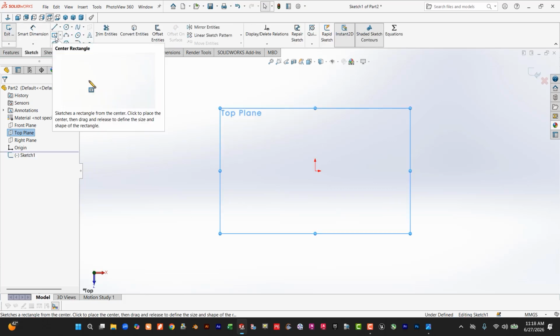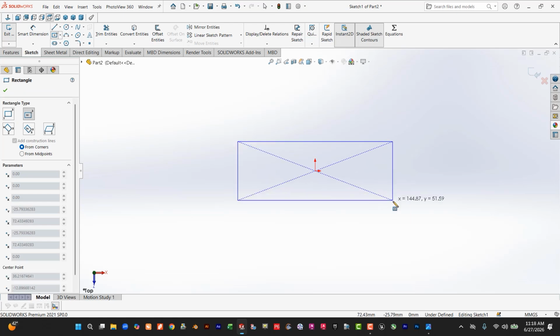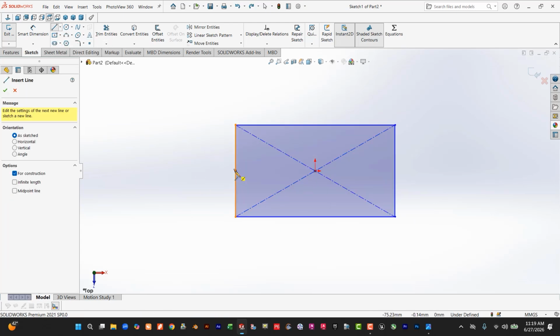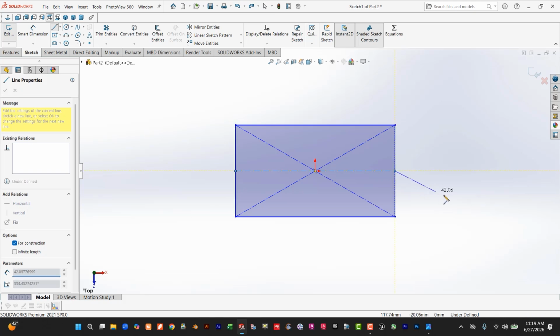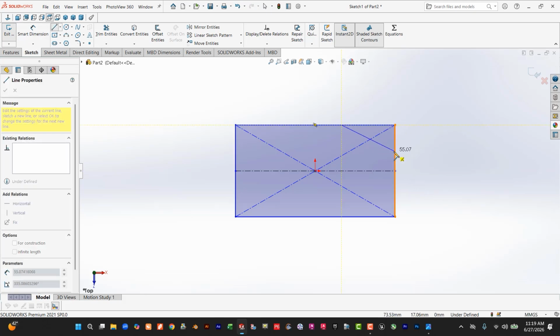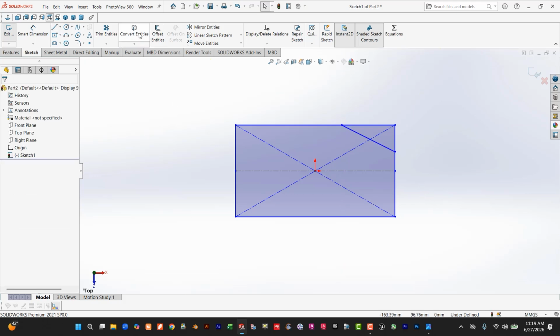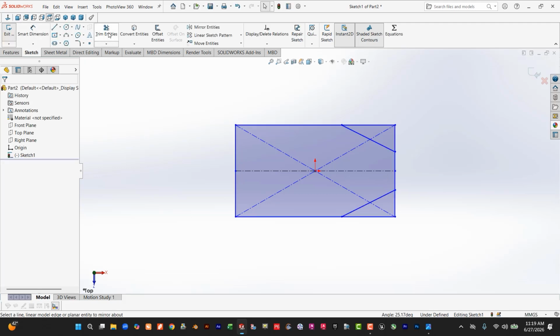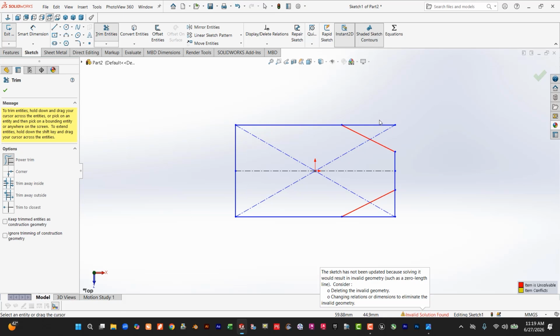then draw a rectangle. Something like this. Then draw a center line. Something like this. Then draw a line here. And okay. Go to Mirror Entities, select this line, mirror about, and okay. Go to Trim Entities like this,